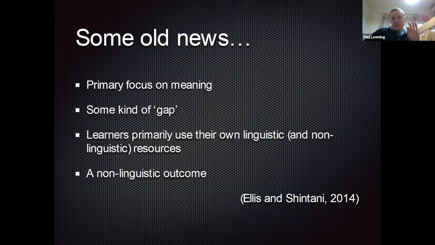So very easy when you think of an ESL setting. The task is to buy a ticket for the train. Did you buy the ticket? That's the outcome. The outcome is that ticket in your hand. In opinion tasks, talk as a group, decide what's the best restaurant in Osaka. The outcome is this decision, the best restaurant in Osaka. It's not linguistic, it's a place, it's a name, go there, enjoy the food. So that is the non-linguistic outcome element of tasks.